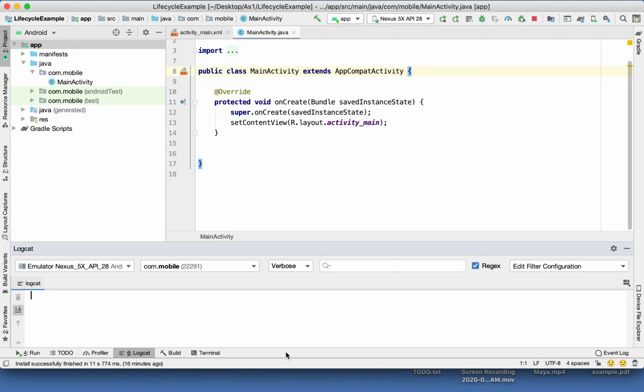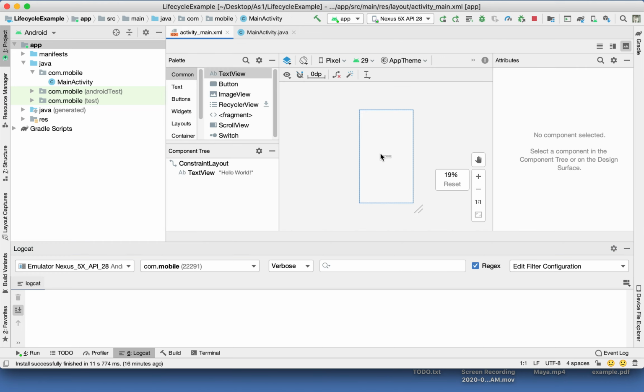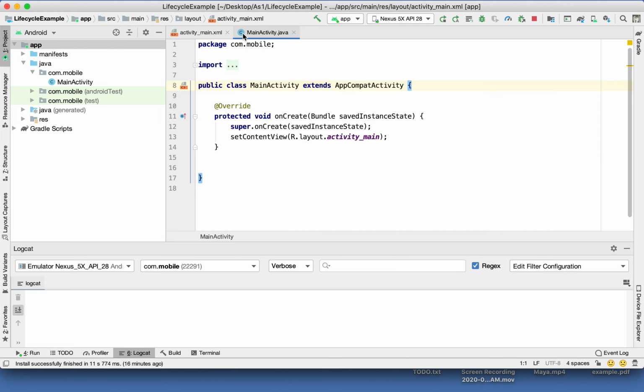For this one, all you need to do is go and download from Canvas the Lifecycle template. All you will find is just boilerplate code for a single activity. The UI will have just a simple text view, and the onCreate will have no code. So in this video, what we're going to be covering is seeing how the different methods that are managed between